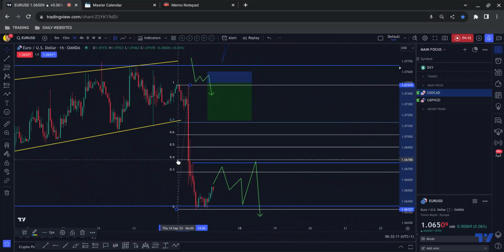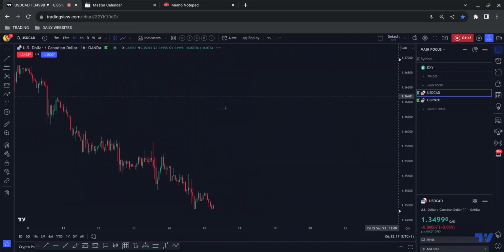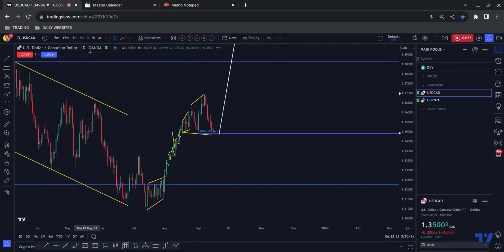That sold off. It didn't provide me with the entry. So what am I looking for now? I ask myself. So dollar CAD is my preferred position. I did have a think about this. Pound Kiwi does look very nice, and I did toy with the idea of having this at the top of my list, but the reason that my pairs are ranked as they are, I will explain as we go through this video.